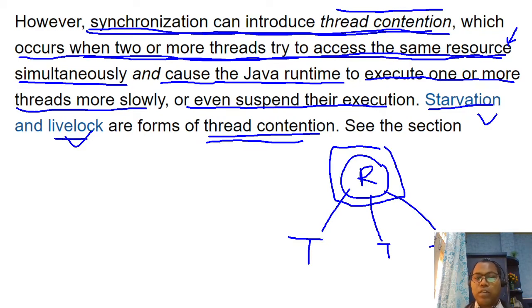We'll discuss these too. Whenever you apply synchronization to solve thread interference and memory consistency problems, you are in another situation with thread contention, maybe starvation, maybe deadlock, maybe livelock. These are problems we also have to take care of.